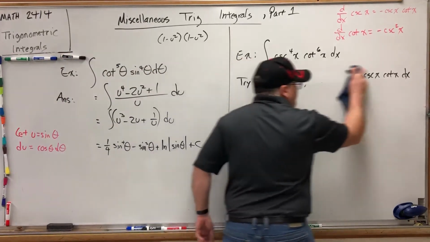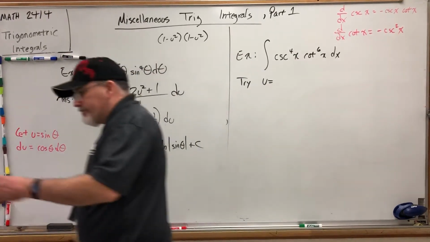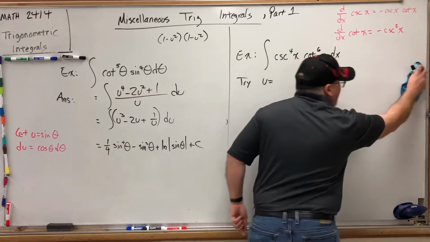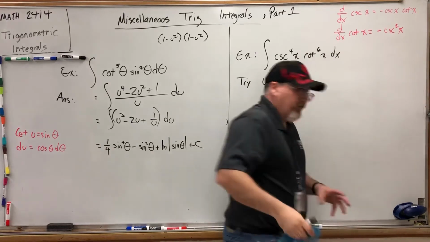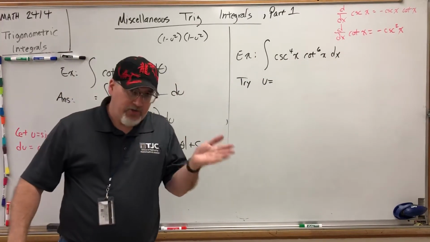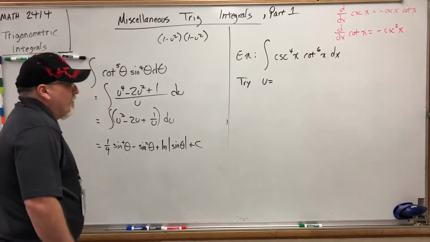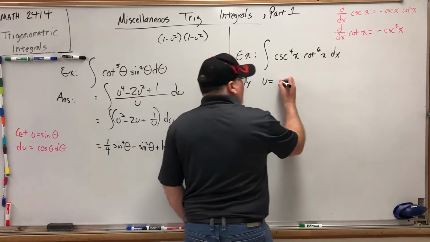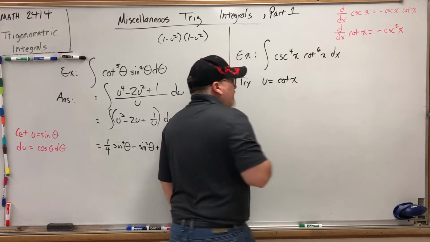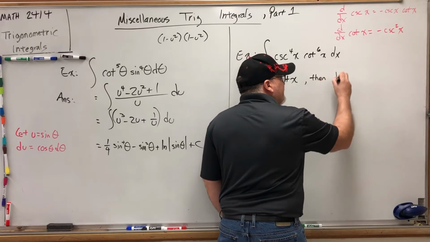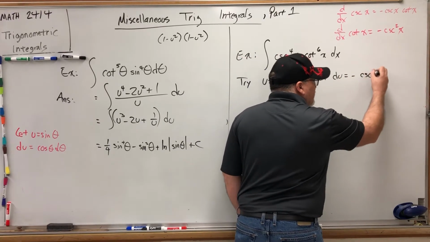So let's not use cosecant. So let's use cotangent. And again, if you committed to memory the rules for integrating products of secants and tangents, it's really the same rules for cosecants and cotangents. But I would rather understand than just memorize. We tried cosecant, it didn't work. Let's try cotangent. If we said u is cotangent of x, then du would be negative cosecant squared of x